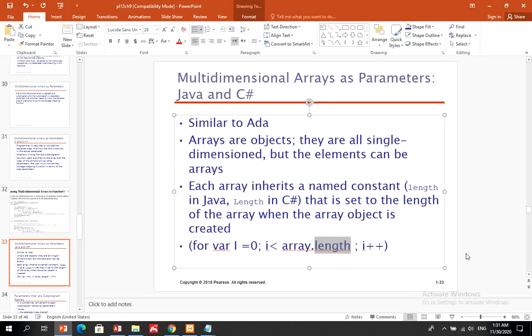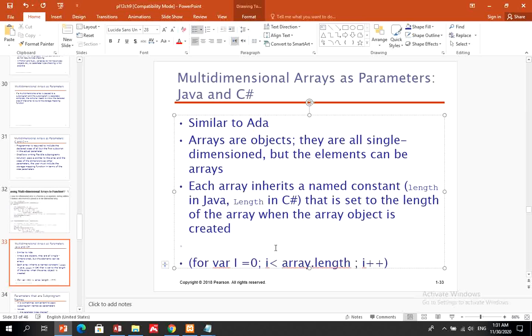Array, it inherits the size from this keyword that is set to the length of the array when the array is created. So if the array is created like this, var cars, and then a,